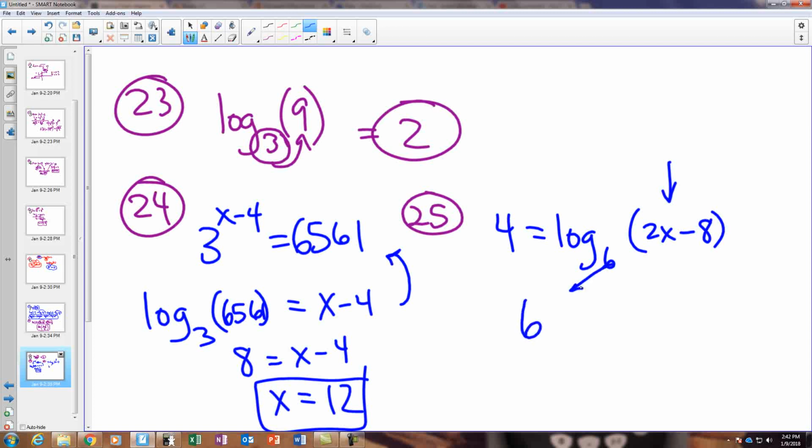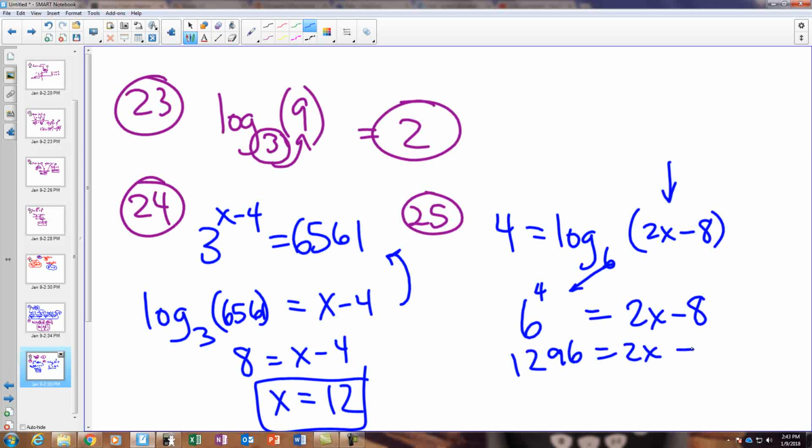6, right? Boom, there's my base. What's the exponent in the problem? And if you're struggling with this process, you go back to number 20 and look at what you did there. The exponent should be 4. Because logs always equal the exponent, leaving me with 2x minus 8 equal to that. 6 to the 4th can just be put into the calculator. And if we do, we get 1296